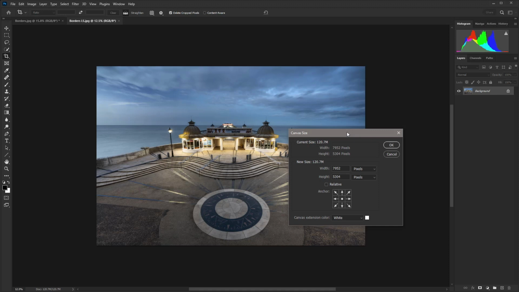And here we have several different controls. So by default, it will be set to the center. So if you change the position of this dot, any extension of the canvas will follow the direction. So because we're adding a border around the whole image, we want to keep it in the center, but we will take a look at adding additional border at the bottom afterwards